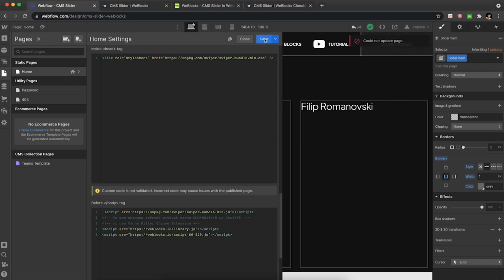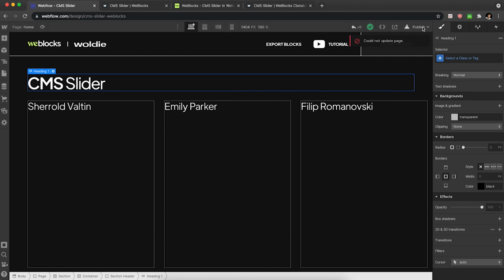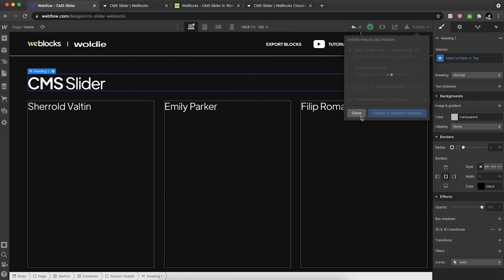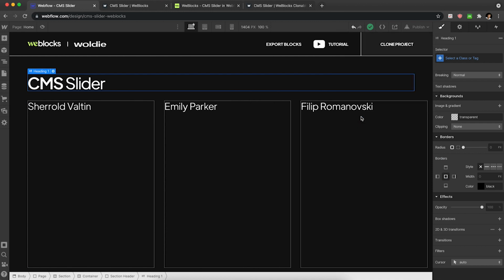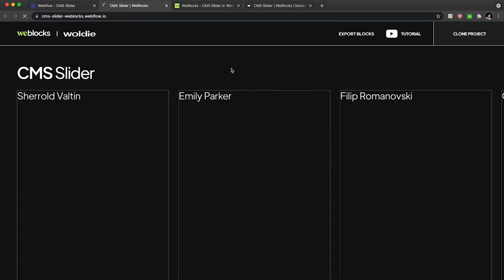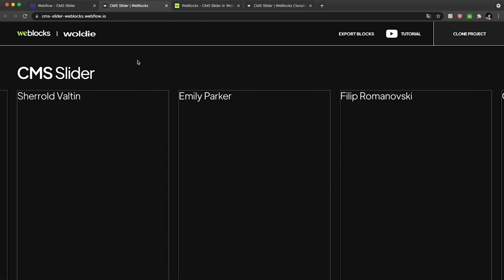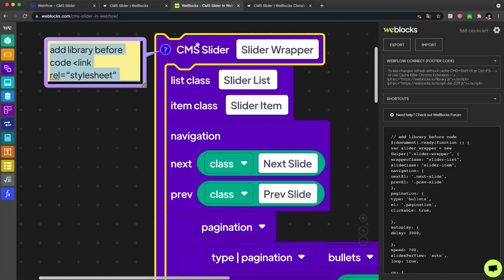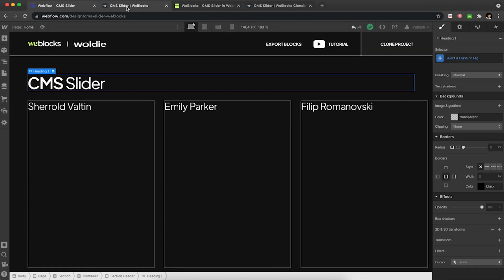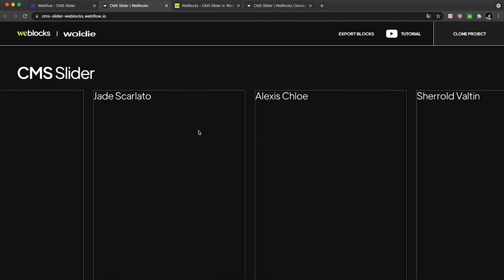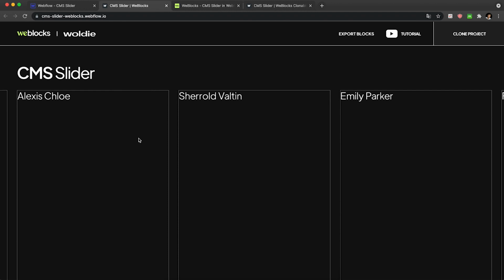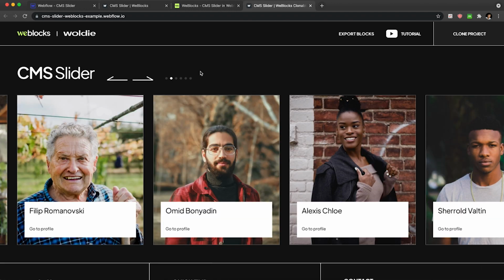Okay, right now I can save this and I can publish our page with the WeBlocks connection. And when I refresh, this is automatically a slider because we added this WeBlocks part, which is connected with Webflow, and it makes our slider. So right now in the next step, I will add arrows, I will add paginations, and I will add